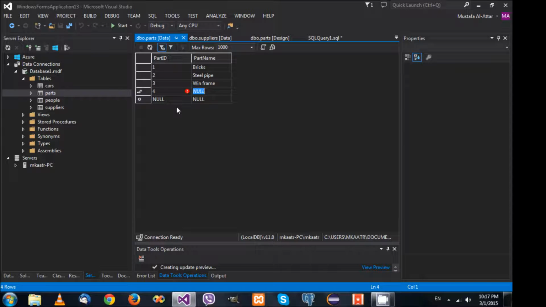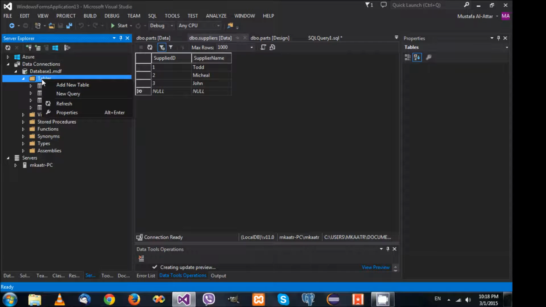Fourth, well, maybe what other parts? Cement. Sorry if the spelling's wrong. Anyway, what other things? Well, maybe doors and so on. So these parts are related to construction, right? And we have suppliers, and now we need a table that will tell us which suppliers provide which parts, right? So here I'm gonna say